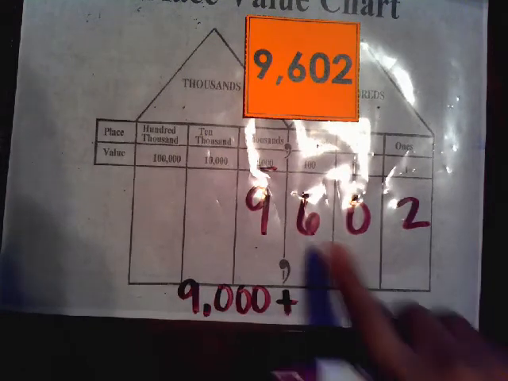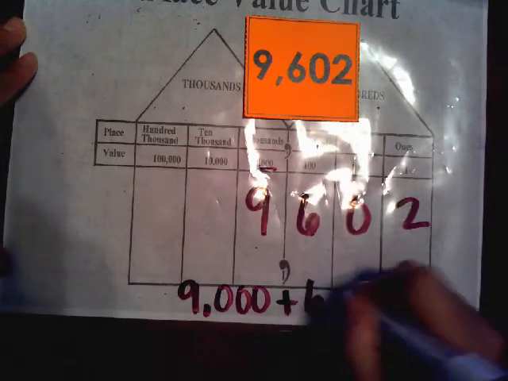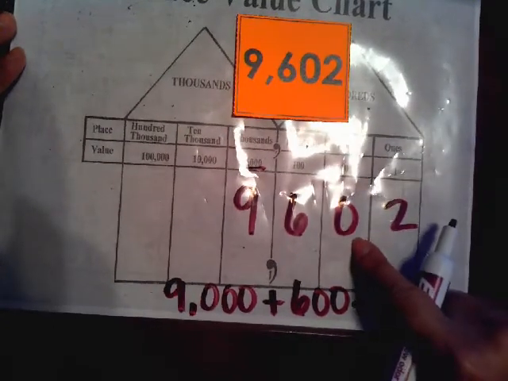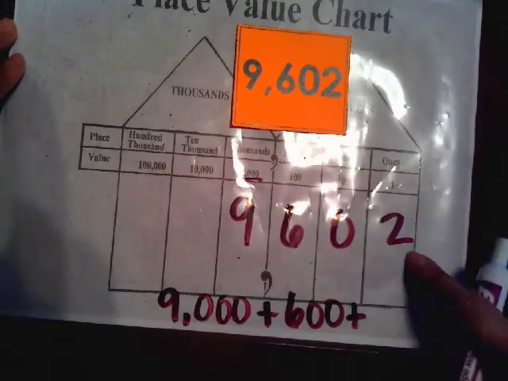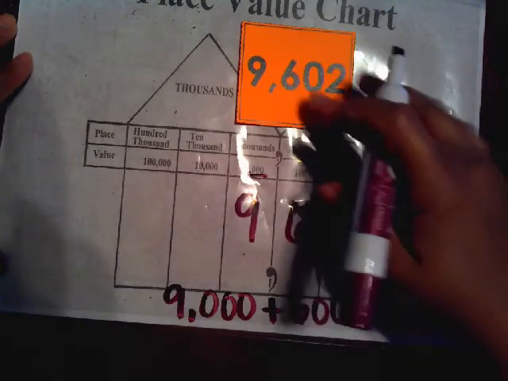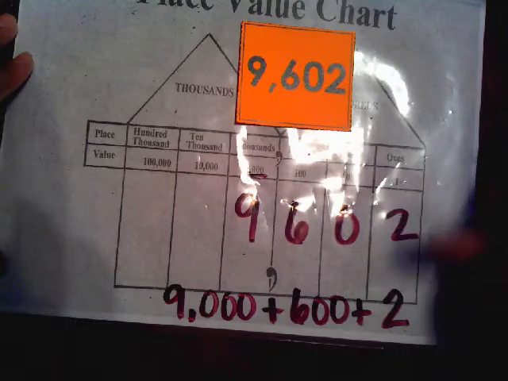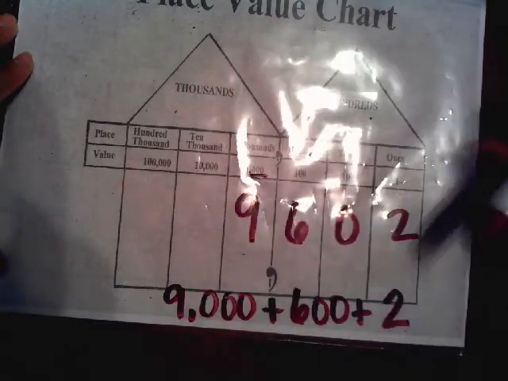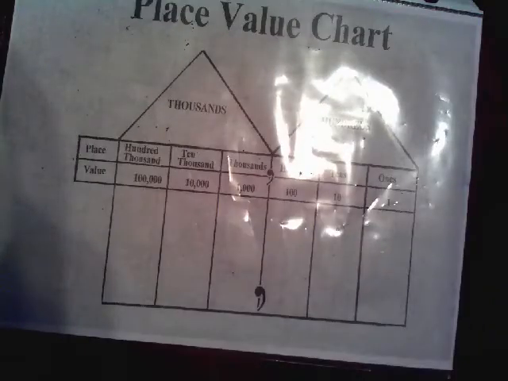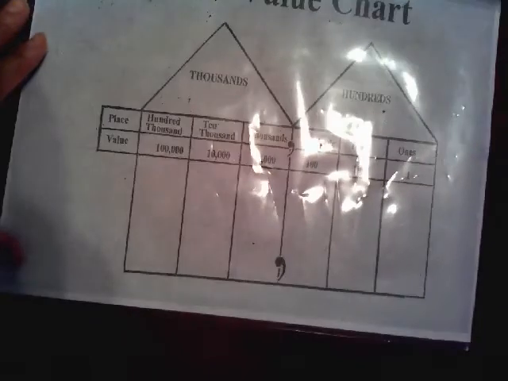Okay, so then go to your hundreds. You have 600. You don't have any tens, so you don't have to write that down. So you go to your ones place. You have 2 ones. So you went from standard to expanded form. Now, on the assignment I gave you, there's some aliens on there. There's some Martian slides. You are also going to have to go from